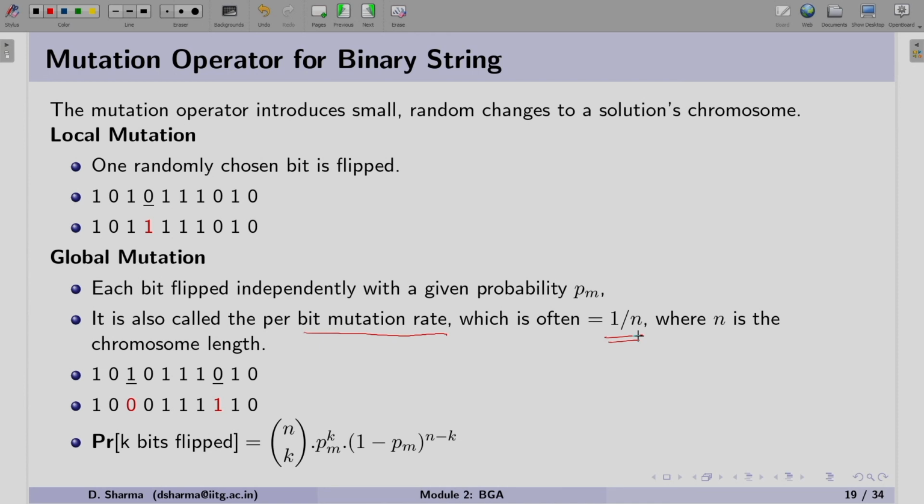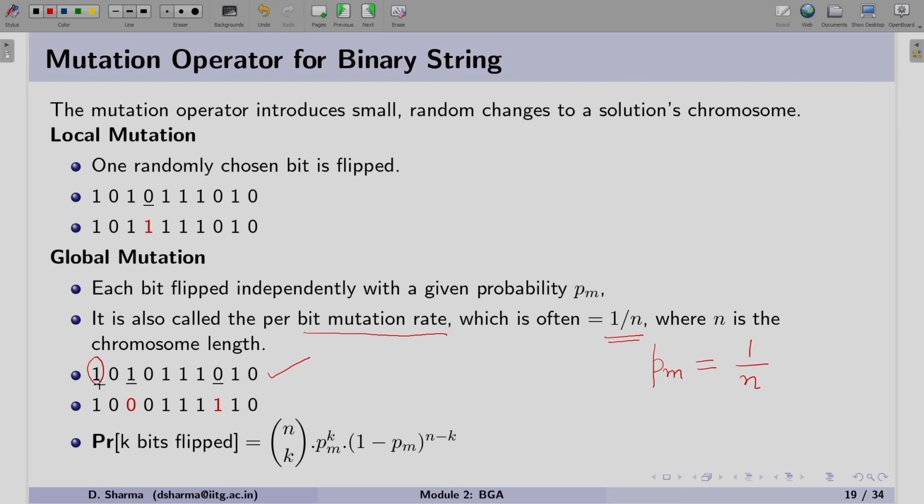Now suppose we have a binary string, and for each bit we generate a random number. If this random number is smaller than the probability of mutation, which is currently 1 by n, we will perform the mutation.